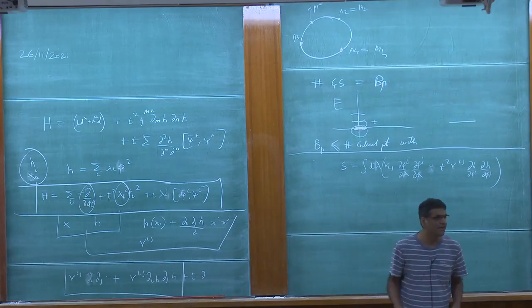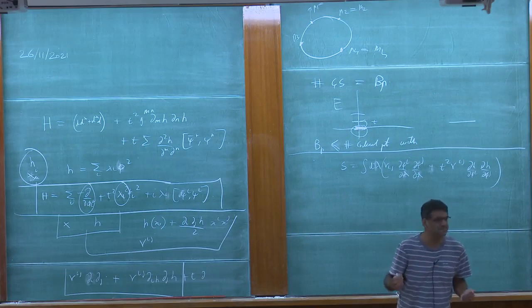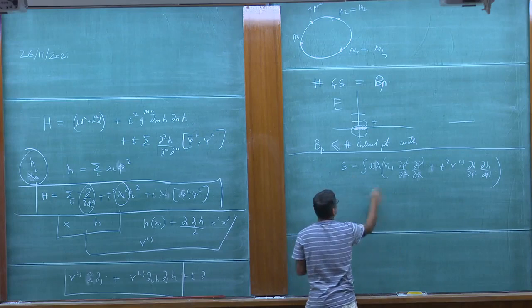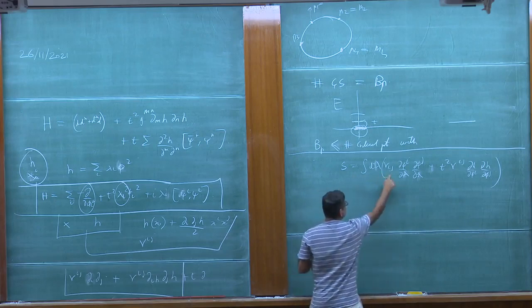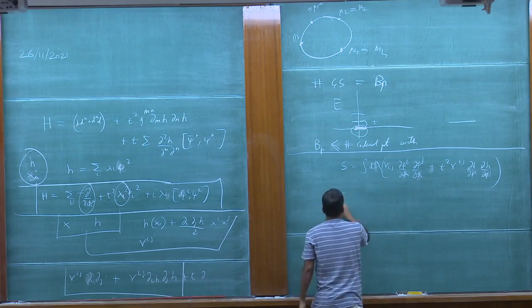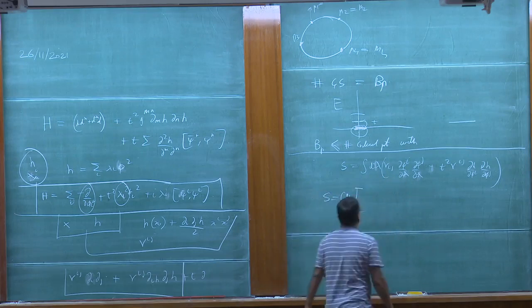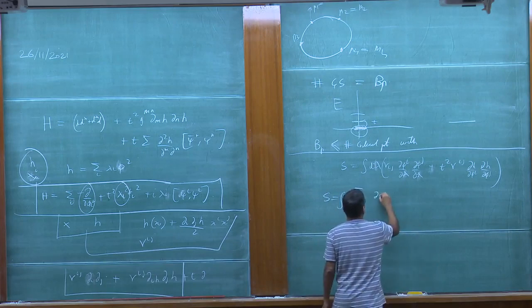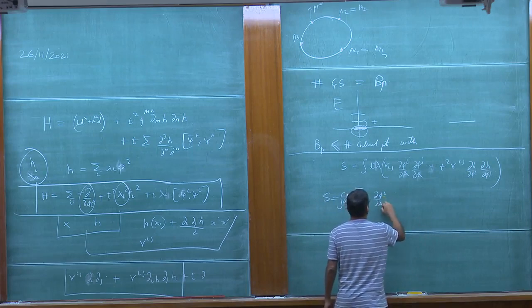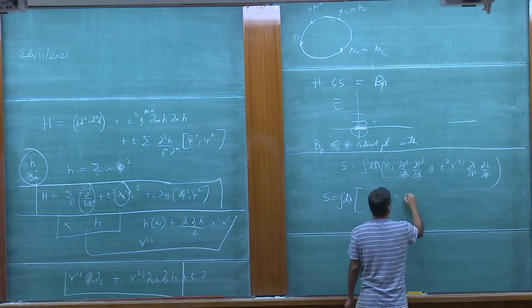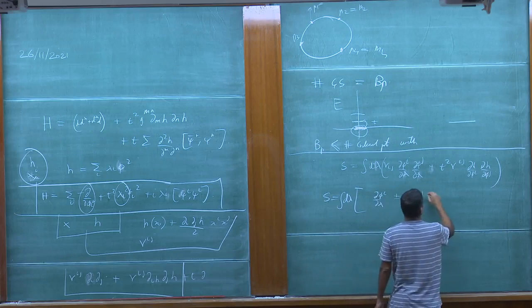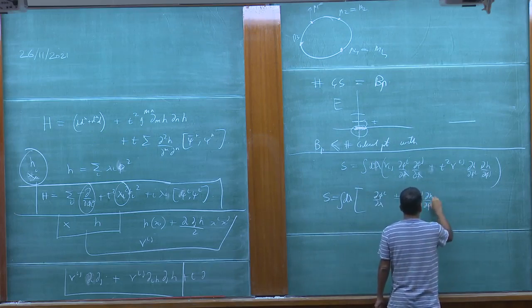Of course, we could do it more easily. But this manipulation is interesting and useful. You might want to call this the BPS manipulation. We'll understand why those names come about in a bit. Suppose, I claim this action here is equal to S is equal to the integral of d lambda, and now I want to write del phi I by del lambda plus minus t gamma ij del h by del phi j,